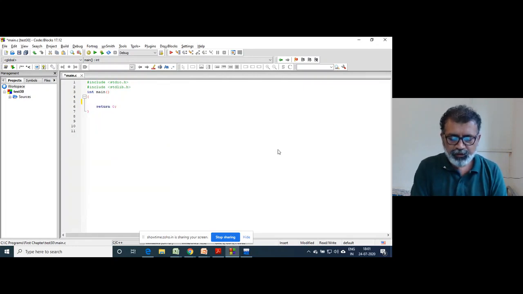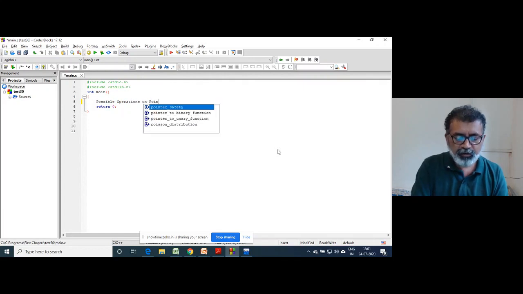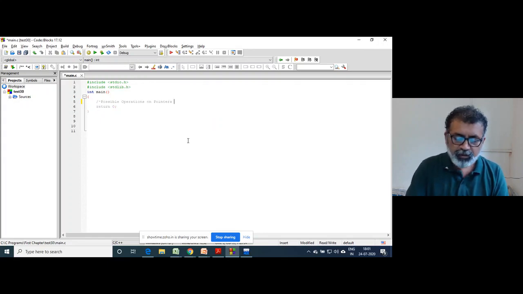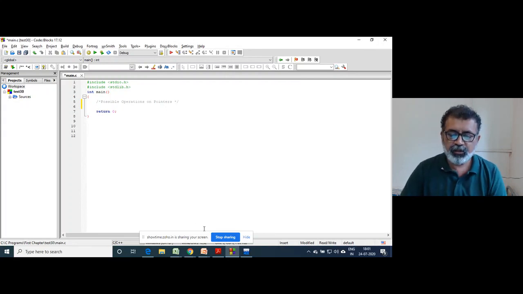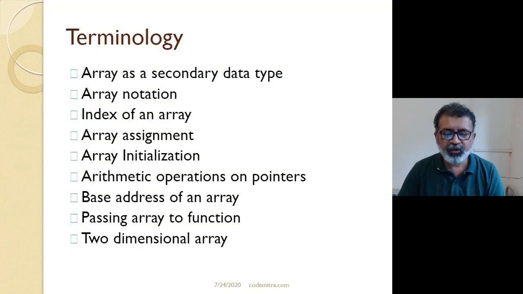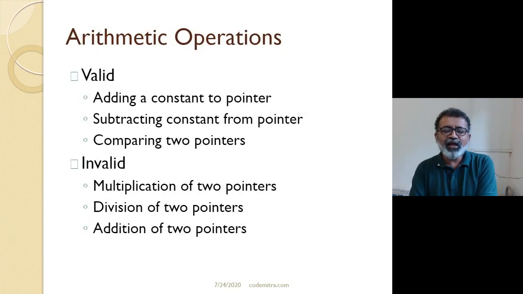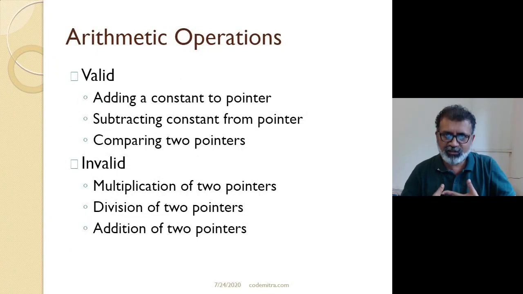Possible operations on pointers, I'll put it in comments. Arithmetic operations on pointers, we are going to see that. So, which are the valid arithmetic operations on pointers?